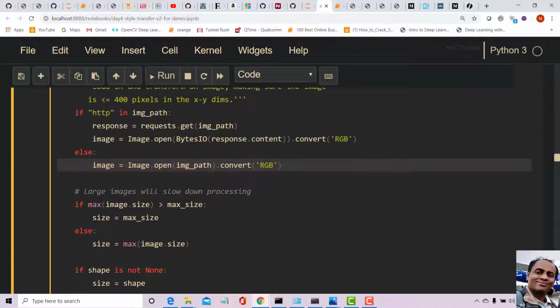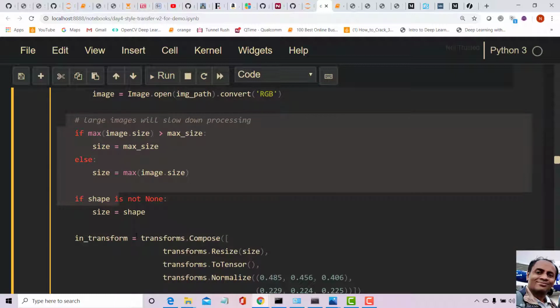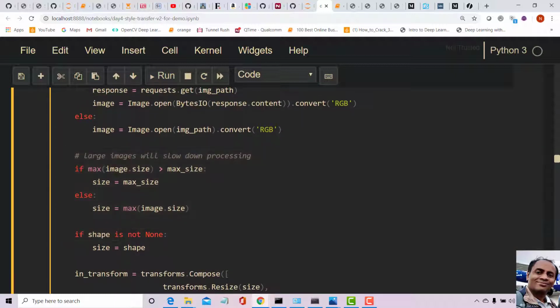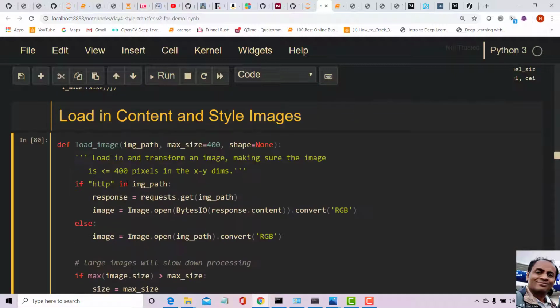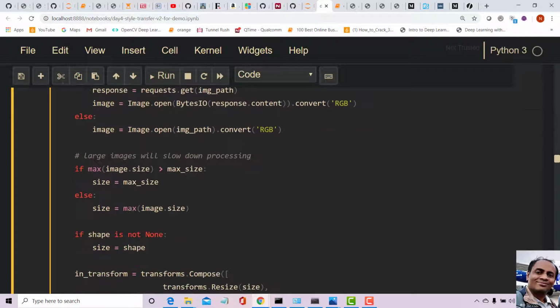Then we have some processing here. We have defined the max size as 400. If one of the dimensions of the image is greater than 400, then it's going to make the size that. Otherwise the size is going to be 400.